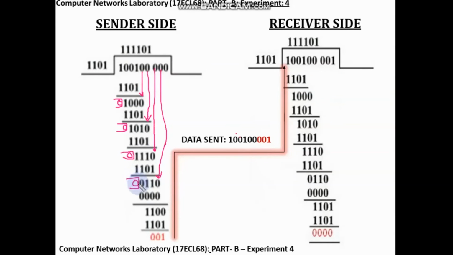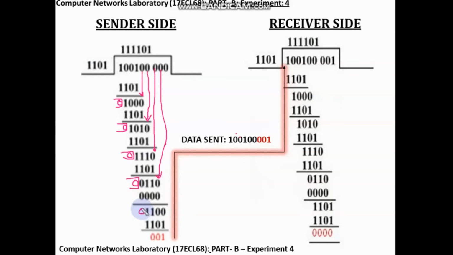We have to discard this 0 first, then copy this 0 to this position, and there is one more 0 next. So let us put here 0, that is 1101 into 0 is 0000. Let us do XOR operation on these bits. 0 XORed with 0 is 0, 1 XOR 0 is 1, 1 XOR 0 is 1, and 0 XOR 0 is